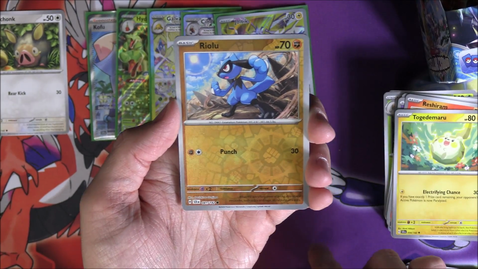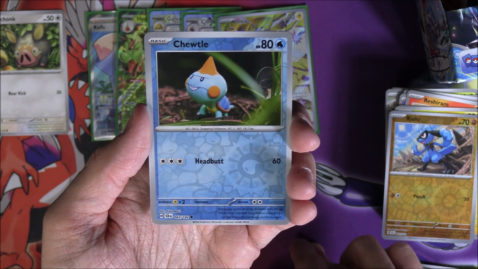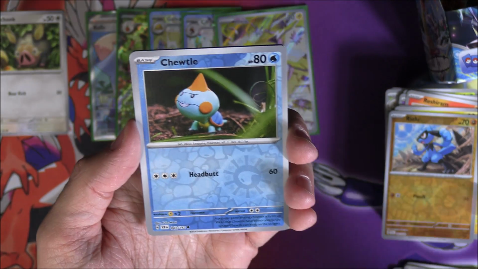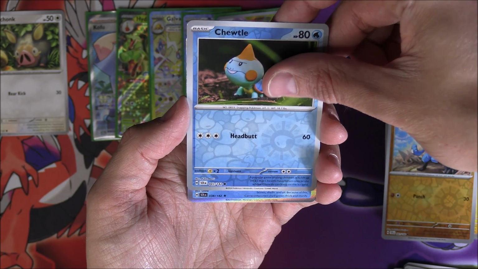We go into our reverses here. We got a Riolu. And we've also got a Chewtle in a little clay format there, or at least the actual toy format of Chewtle. Very nice. Chewtle leading to...